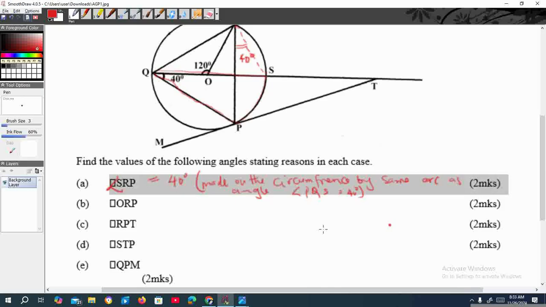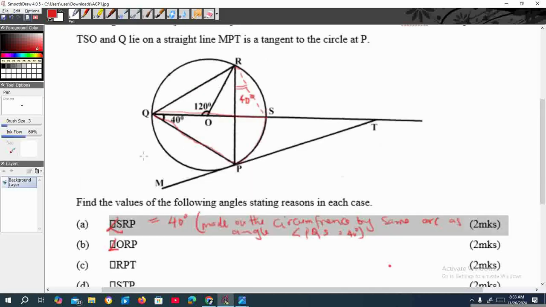So the second angle is angle ORP. This is the angle we're looking for, angle ORP. So let's first look at a few other angles so that we can get the angle ORP, because we cannot just get it so directly. This angle QOR, this is angle